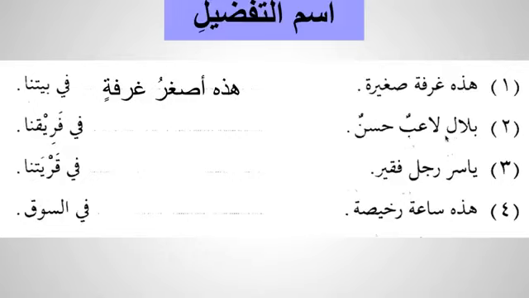بلال لاعب. لاعب means player. حسن is the best. Okay, it's a good player. So if you want to make it like an ism tafdil, it will be بلال أحسن لاعب. أحسن لاعب في فريقنا. فريق means team. Na is مضاف إليه. It is فريق plus na, but because it is harf jar before, so في فريقنا. So Bilal is the best player in our team.